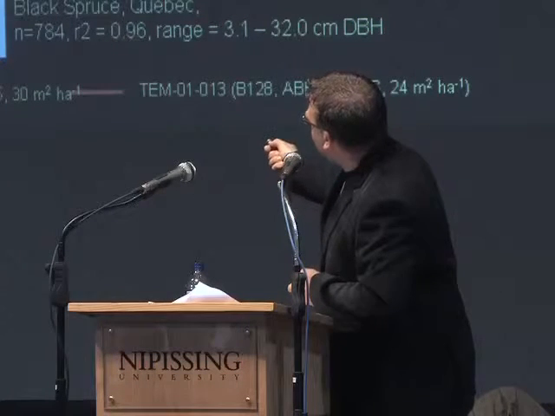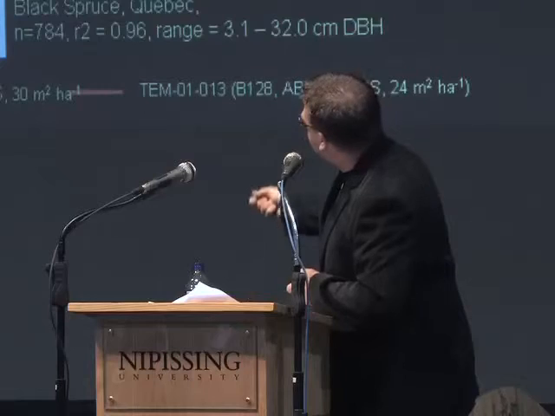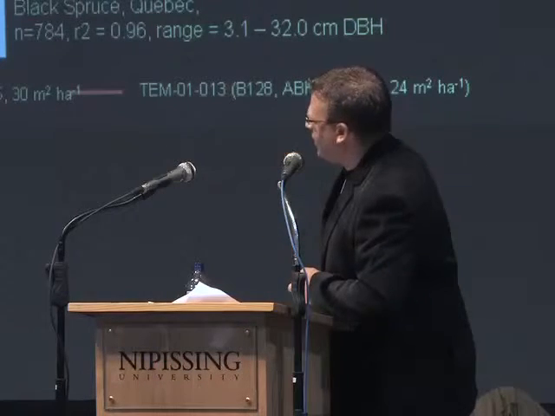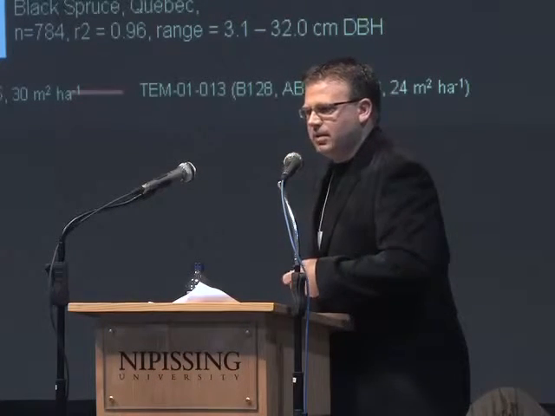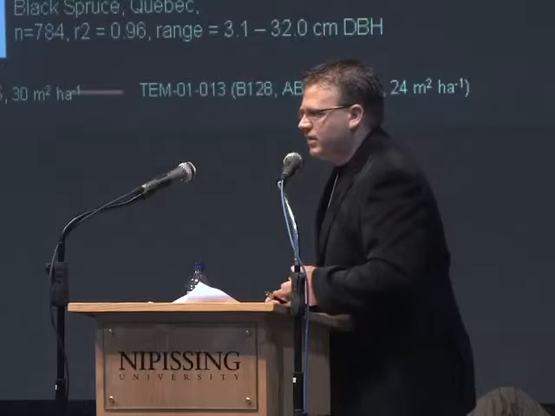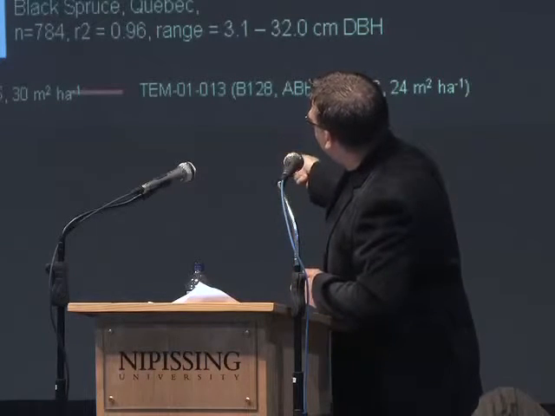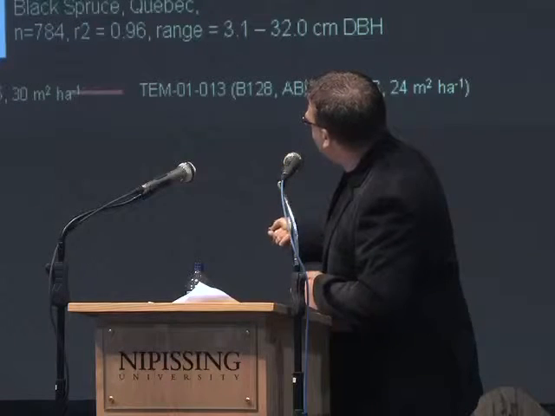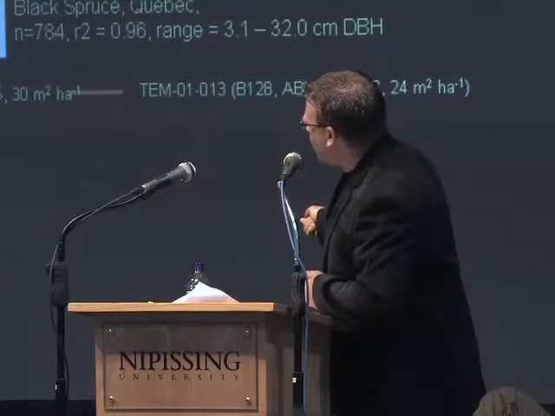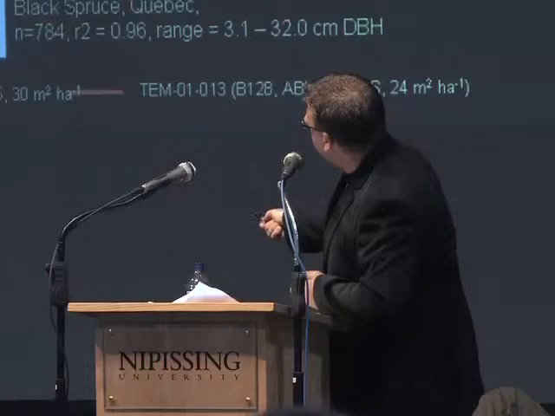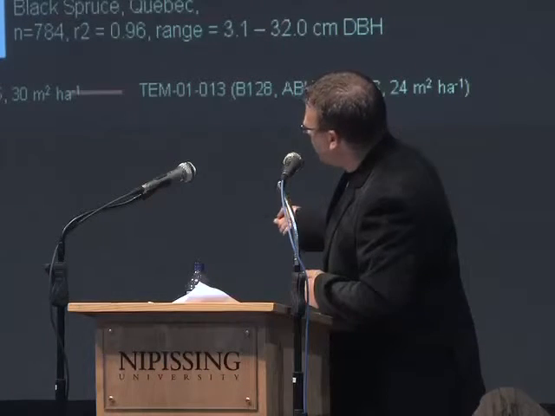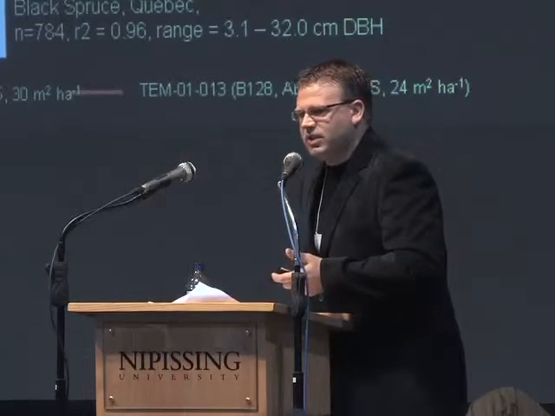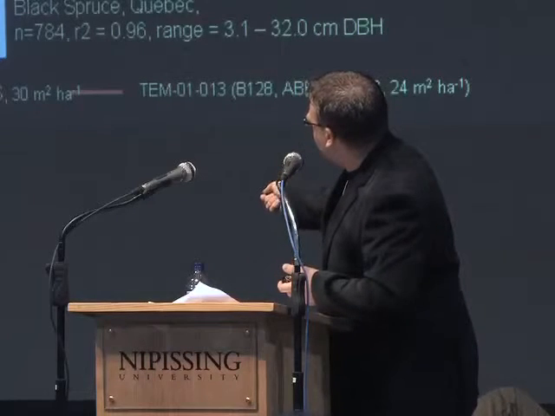So this is reconstructed diameter growth based on tree rings. And we use a simple formula there of basically just taking the radius and multiplying it by 2 and adding it to the previous year's diameter. I won't go through basal area, but what's interesting here is if you know the reconstructed diameter, you can also reconstruct total above ground biomass. And so here's a graph that shows over time the accumulation of biomass of a single tree in 2 different